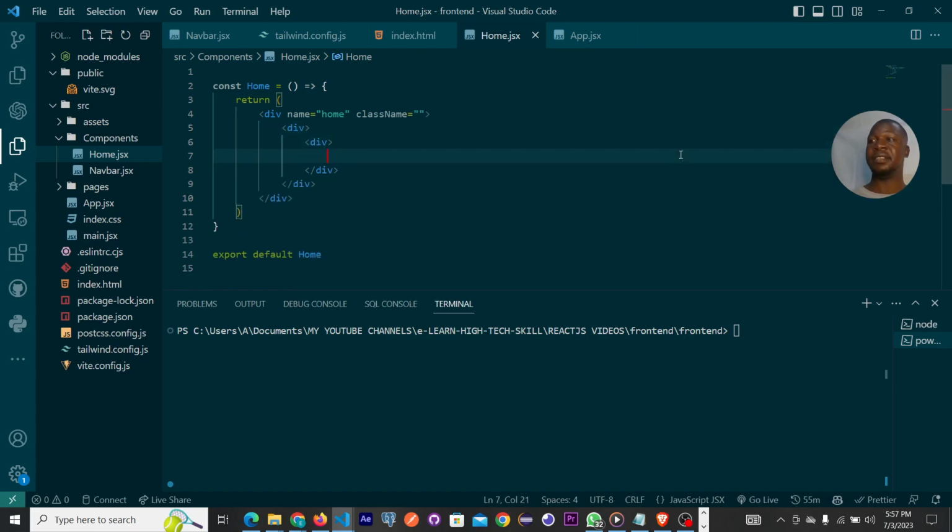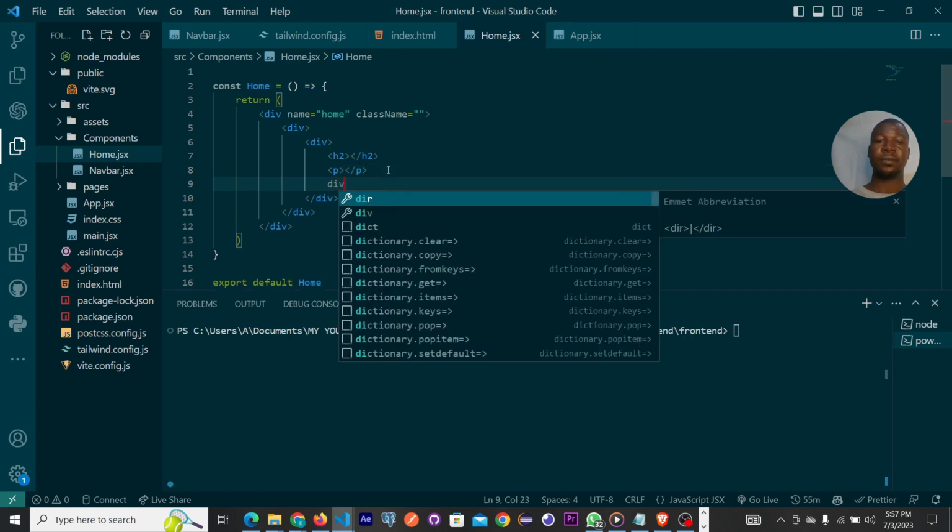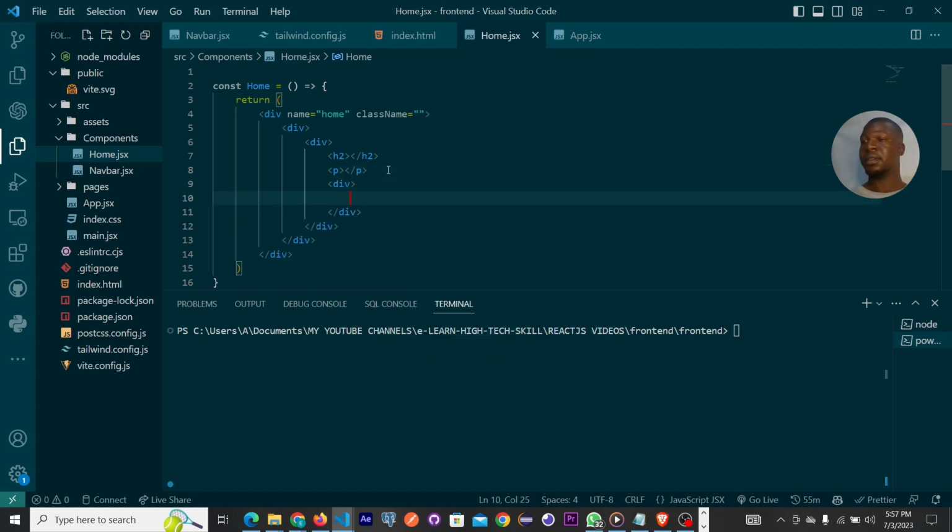So inside this div, I'm going to have h2, and then after the h2, I'm going to have a p tag. So that's fine. So after the p tag, let's also have another div after the p tag, right? After the p tag, we're going to have another div,